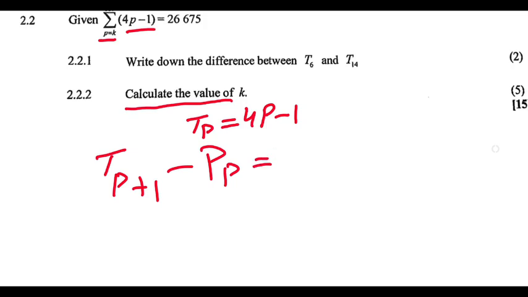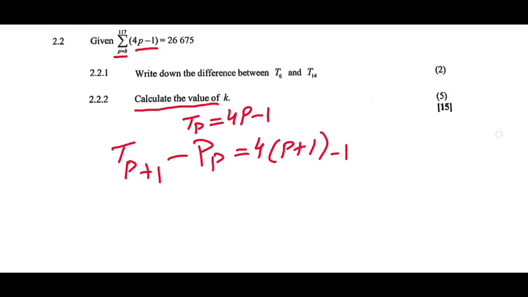This is the difference between two consecutive terms. P is equal to k, you can write k also. So in the function, wherever there is p, we're going to put p plus 1 because we're taking the difference between two consecutive terms: 4 times (p plus 1) minus 1, and then minus